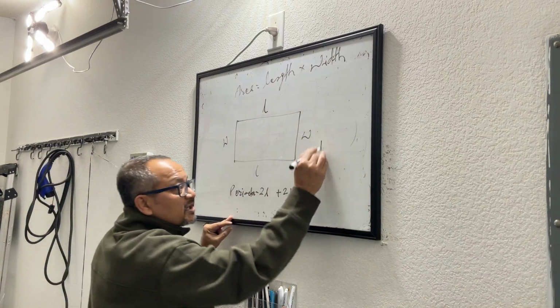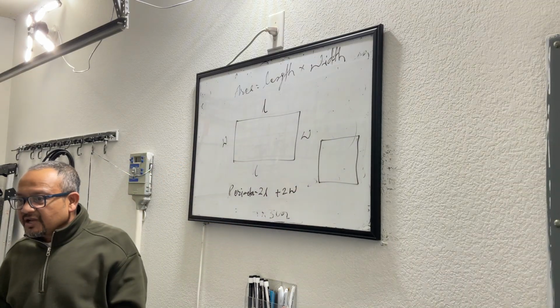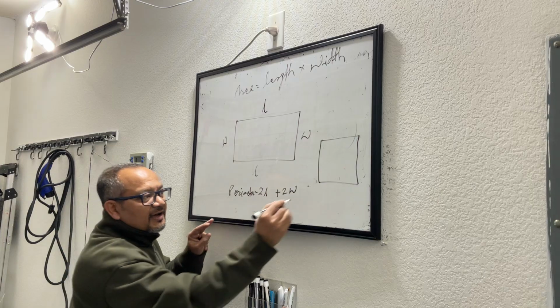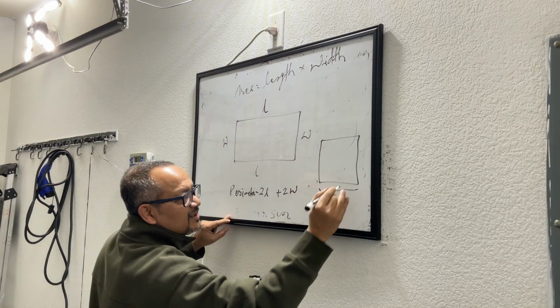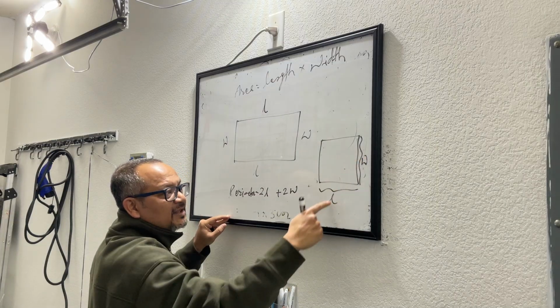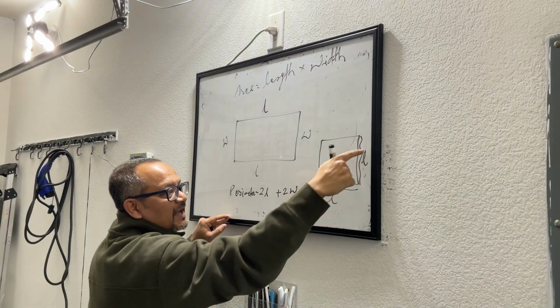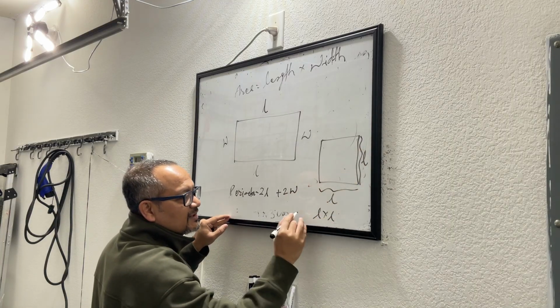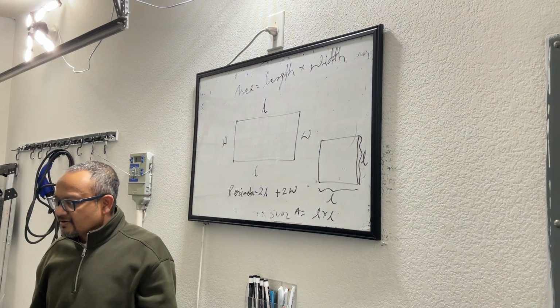If we are talking about a square, what will be the area of a square? Imagine this is also similar as rectangle. This is length, let's say this is width. But in case of a square, your length and width are the same. So you will not call it width, you will call it length. Length times width, length times length. Area of a square is length times length. Okay? Yeah?